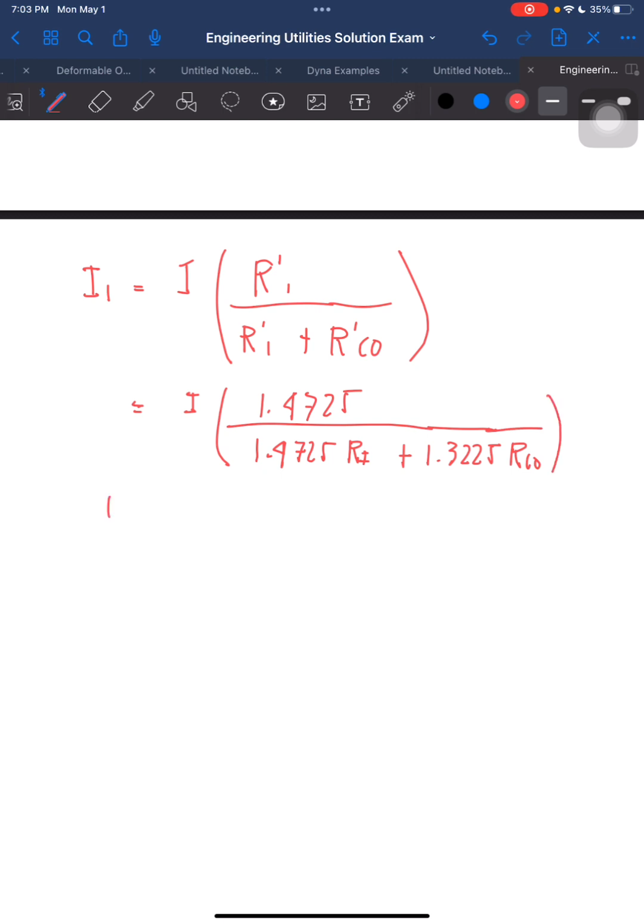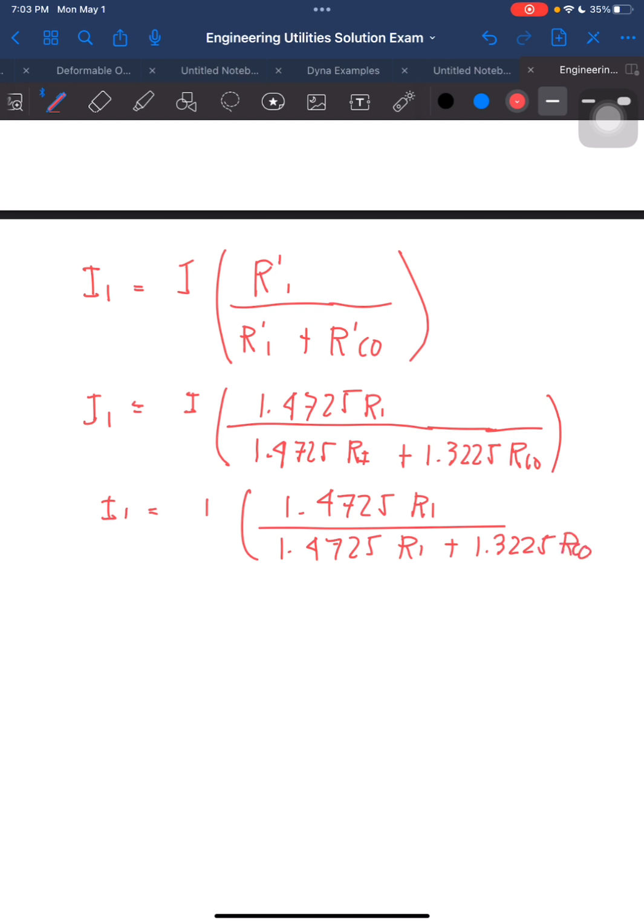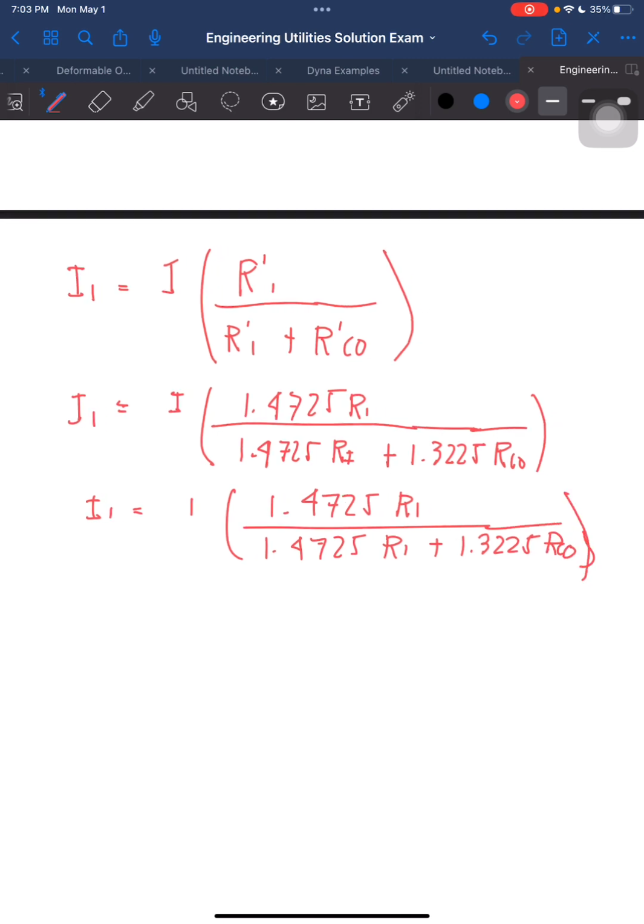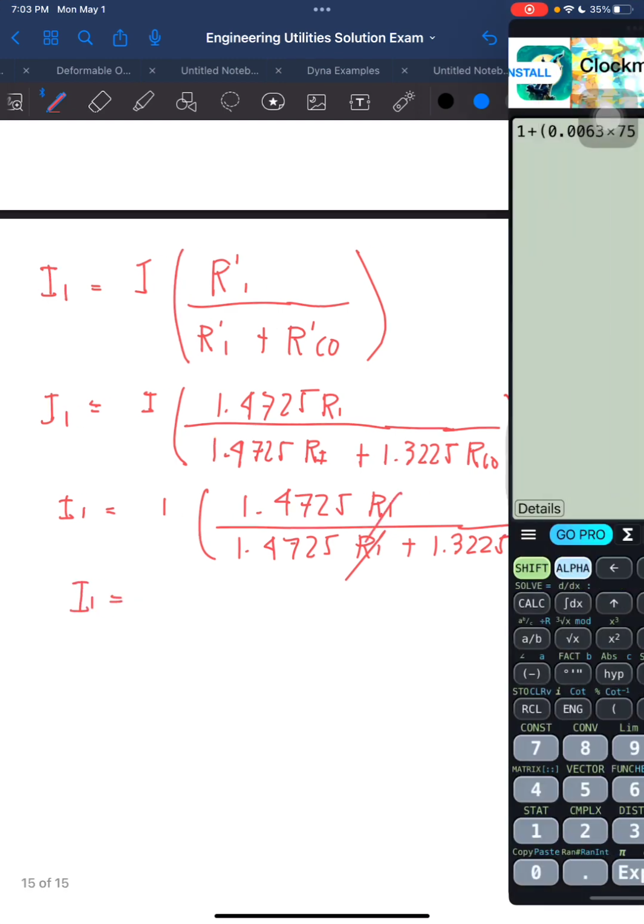Next, I1 is equal to 1 over 1.4. Bali, may R1 pa pala dito. 1.4725 R1 over 1.4725 R1 plus 1.3225 R copper. Cancel out. Is equal to, ang I1 natin ay